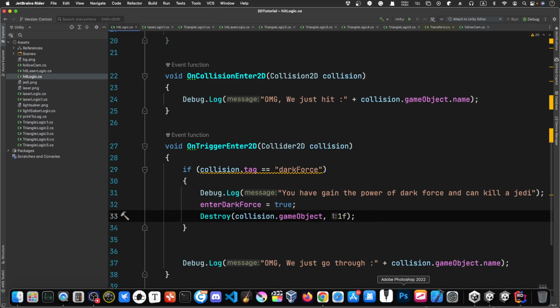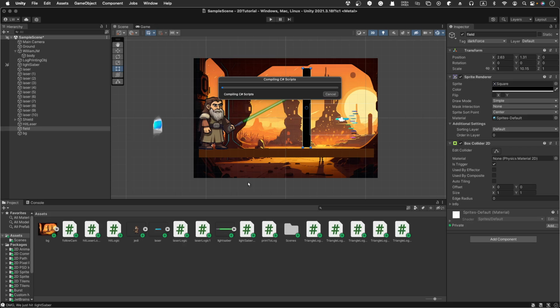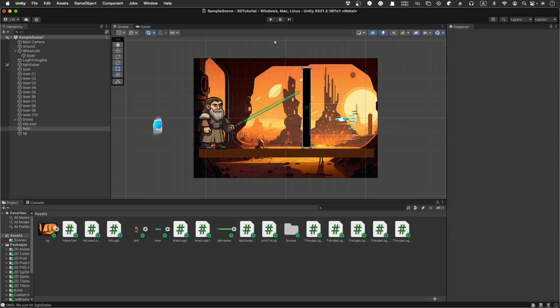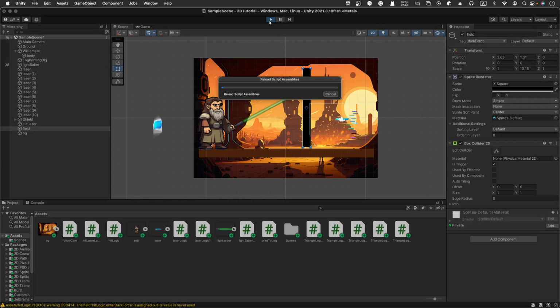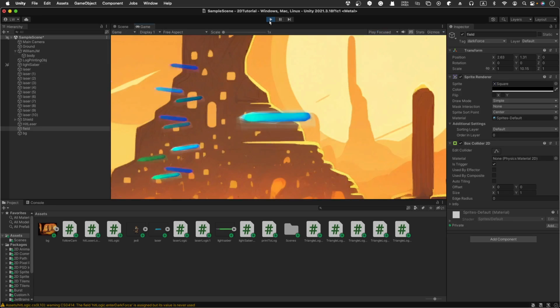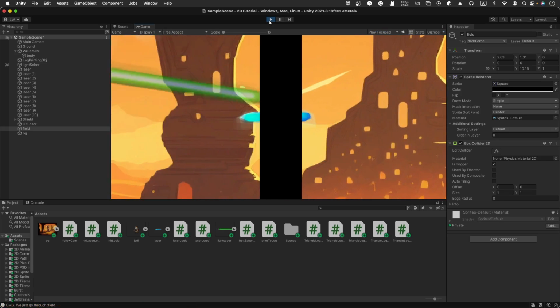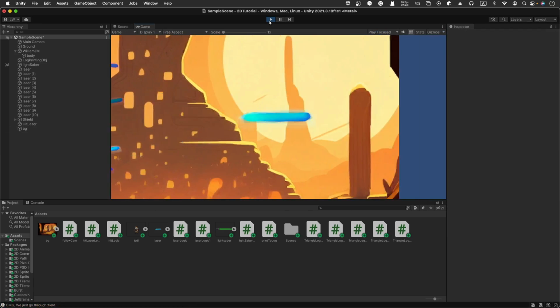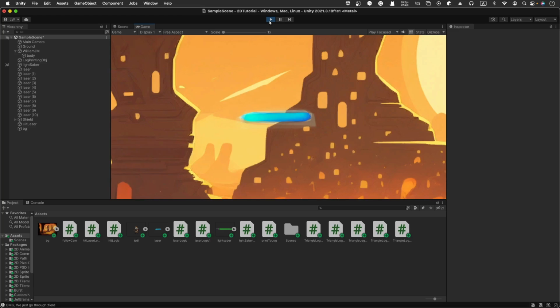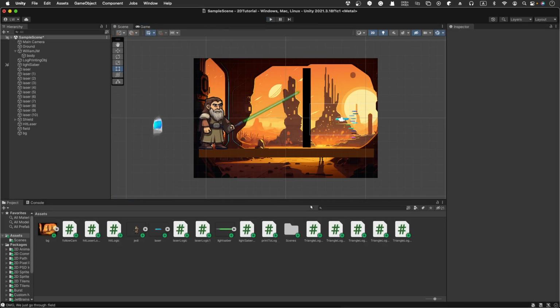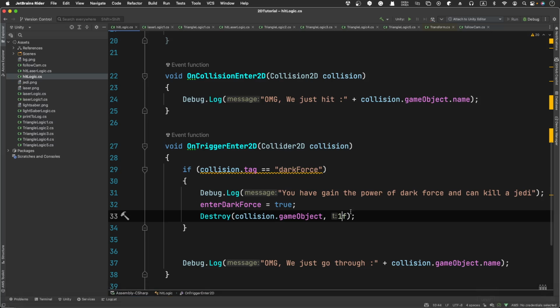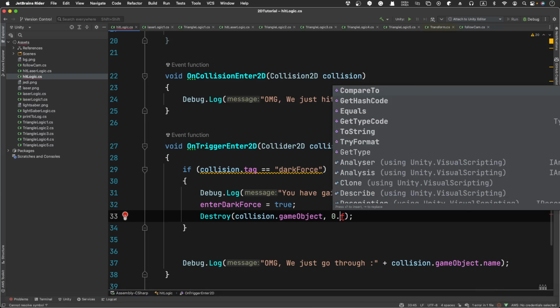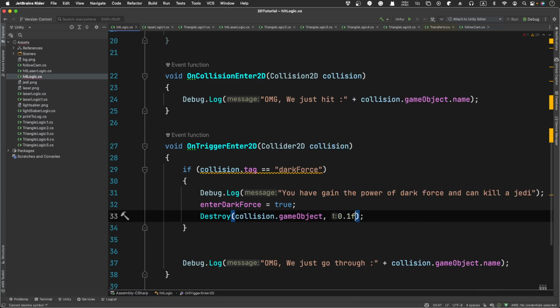Save it, and let's find this out. So let's hit this dark force field and see whether it destroyed or not. 1 second and destroyed. Okay, it's good. So it can destroy, and I think the delay is a little bit too long, so I'm going to make it 0.1. And of course, the best practice is not to leave the so-called magic number here,